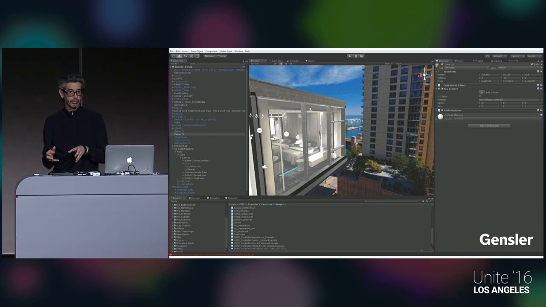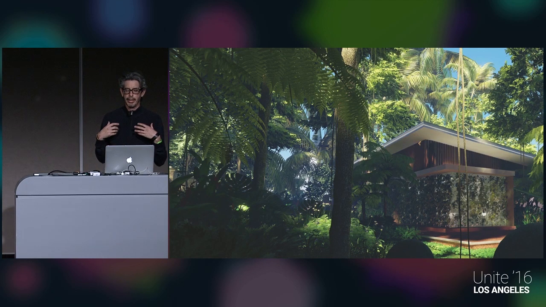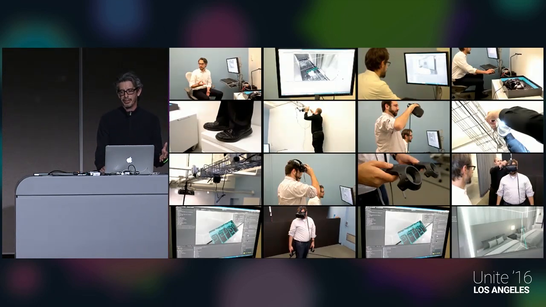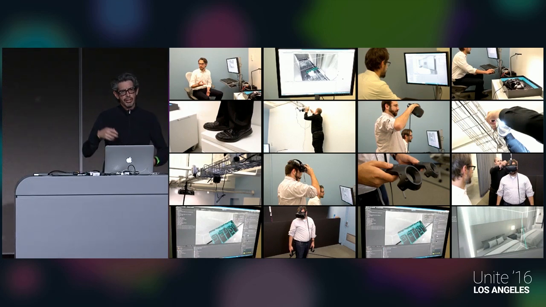We have a base model directly in from Sketchup or from Revit. We texture it, we background it, we add all of the effects, and we start to get to a place where we can put our clients into photorealistic environments. But to put our clients in those photorealistic environments, there's a lot of process that needs to happen. Currently, you've got to set up rooms, and you've got to test, and you've got people risking their lives standing on furniture they shouldn't have to. And in the end, you're handing somebody a couple of controllers, and you put a headset on them, and you're wiring them up.